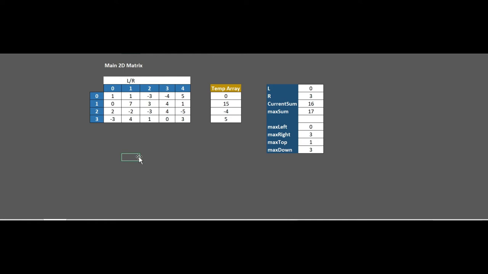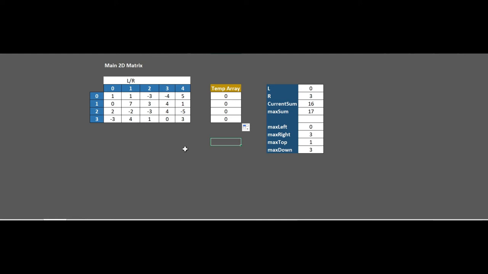Now we have to repeat the same thing again, but before that we have to reset this temp. So we have to make it 0 again. But before that, one thing I want to show you is what we got from the first cycle.